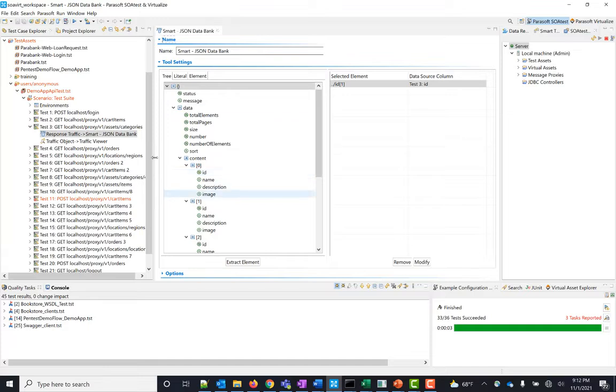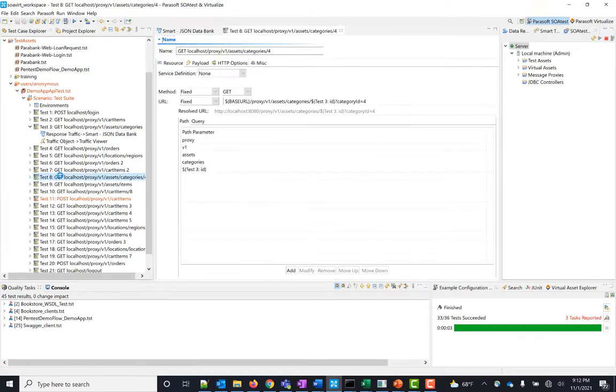And what this is is that the smart technology has examined those responses that came back from the server, and it has detected when a value can be implemented as a dynamic variable, and then it captures those and it saves them into what we call a JSON data bank, so that later down the line, and I believe this is a good example, where we see both hard-coded values and these dynamic values.